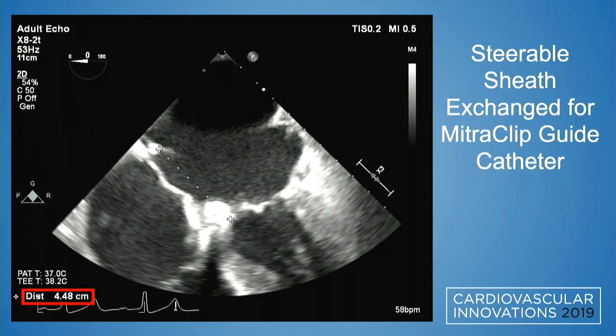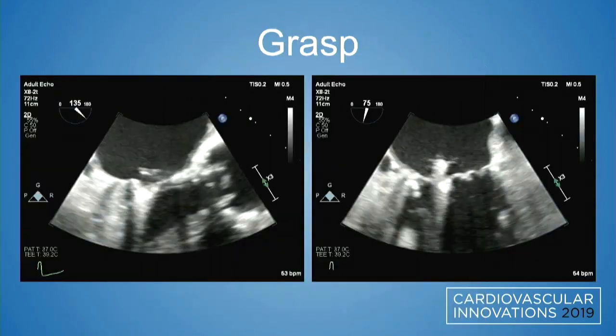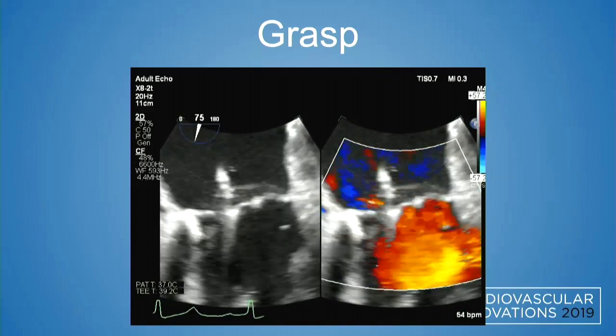So next, we turn our attention to the mitral valve. We just checked to make sure that we had a good height where we crossed and everything was acceptable for MitraClip, which it was. So we proceeded. We exchanged out the Agilis for the MitraClip guide catheter. We used an NTR clip, which we aligned over that medial jet. Went down, got a real nice grasp, and we had a nice reduction in MR,